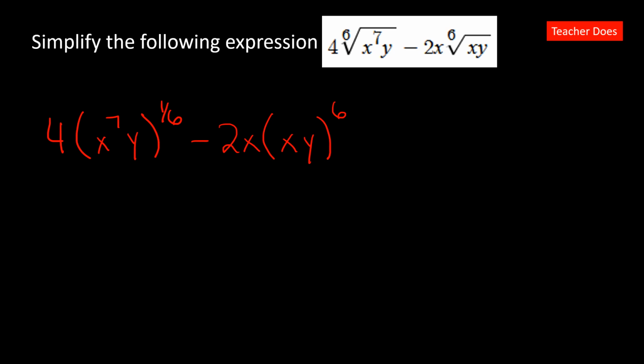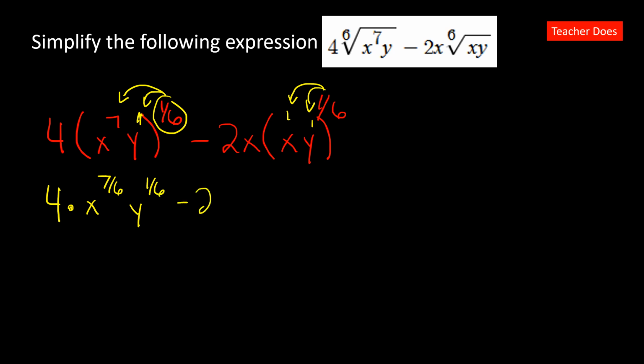Okay? So if we do this, I'm sorry, this should be to the 1/6, right? To the 1/6. What we're going to do is like we did in the previous problems, we're going to multiply this to our exponents. We're going to do the same thing here, right? These would be 1s. We'd multiply and multiply. So what ends up happening is we'd have 4 times x to the power of 7 times 1/6 is 7/6. Okay? And then we have y to the 1/6